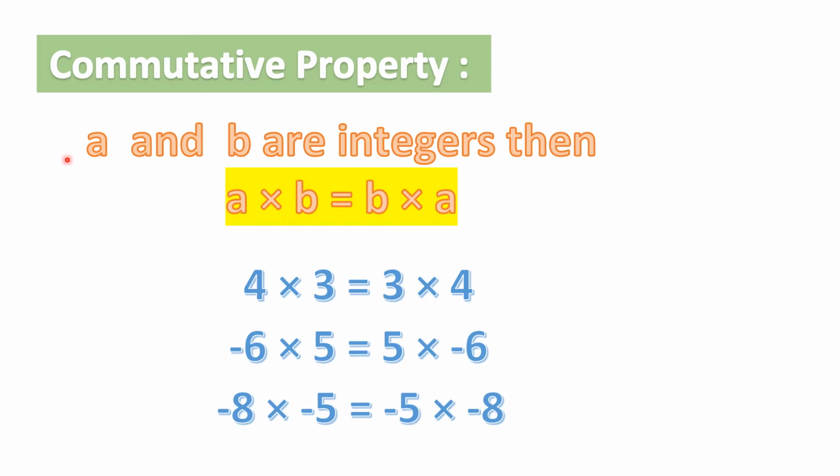Now they're telling us commutative property is that if we take 2 integers a and b, and if we multiply them in this order, a first, b second, and if we multiply them in this order, b first and a second, then also we'll get the same answer, okay? So that is what commutative property is. Commutative property says that if we take 2 integers a and b, and we multiply them in this order, A into B, and if we multiply them in this order, B into A, we will get the equal answer. So A into B equal to B into A, right?